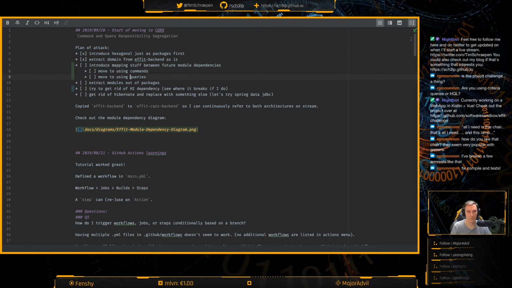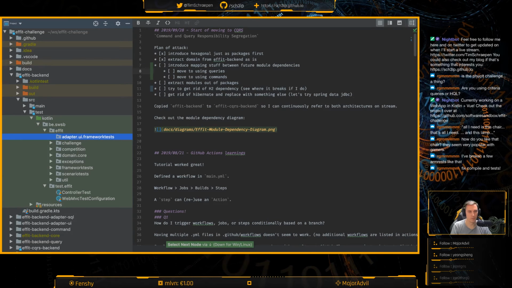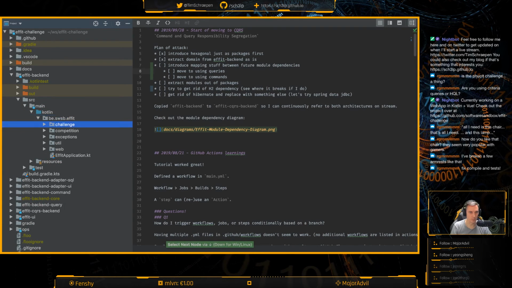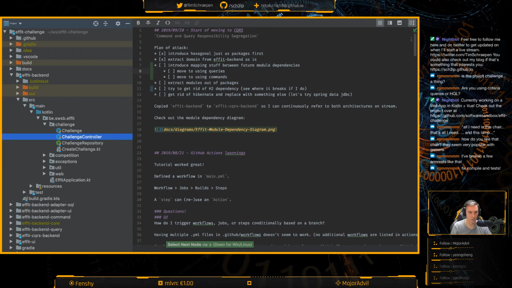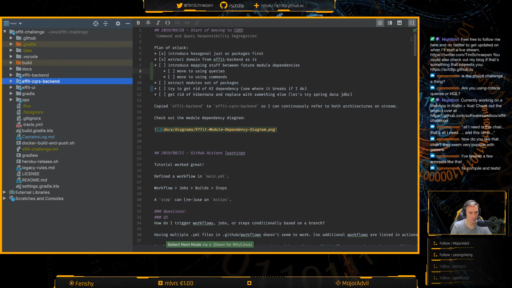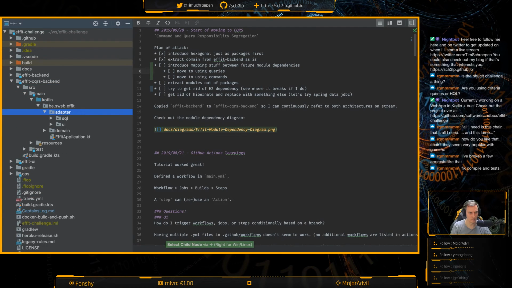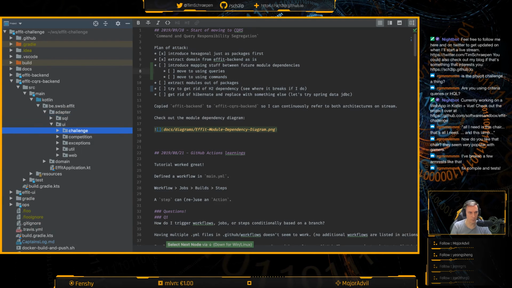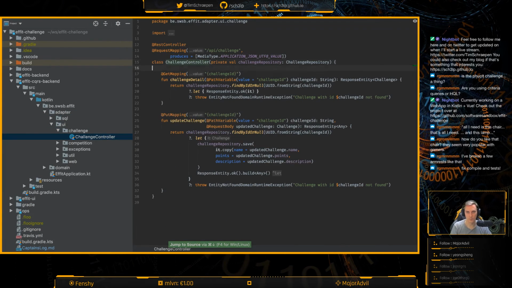Maybe queries will be easier first. Okie dokie. So let's just try one controller. Oh, hang on. This is the wrong one. Now I don't remember. None of these modules should contain anything. It should be just CQRS backend. There we go. Okay. So in the UI's challenge controller,